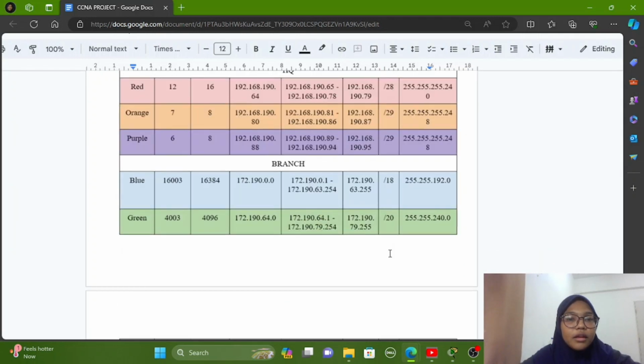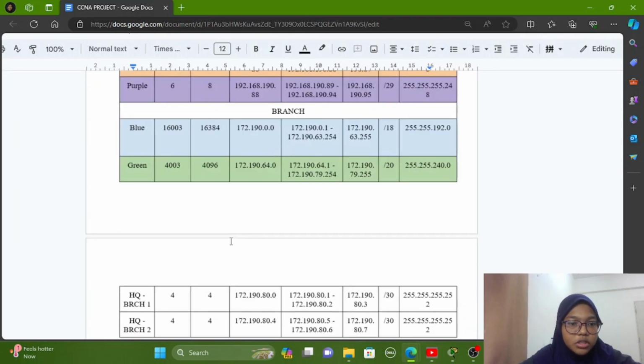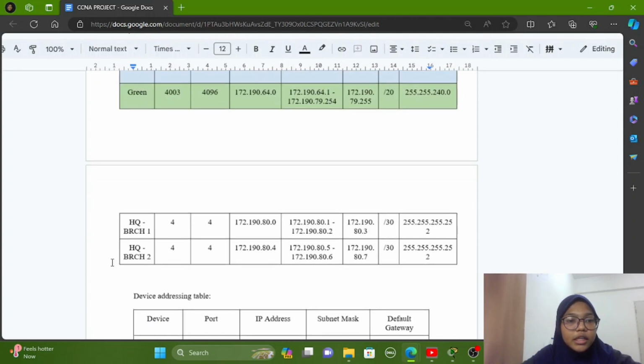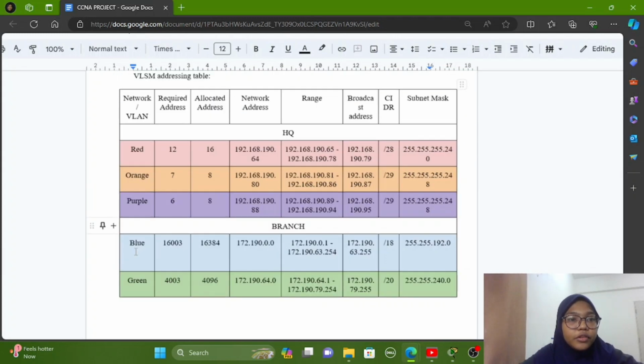255.255.255.248. Next, for the branch, we have blue, green, HQ to branch 1 and HQ to branch 2. For the blue network, it required 16,003 addresses. The allocated address that we can give is 16,384, where the network address will be